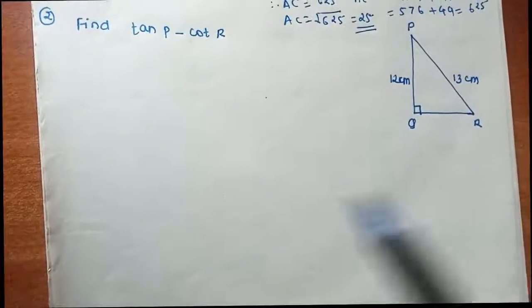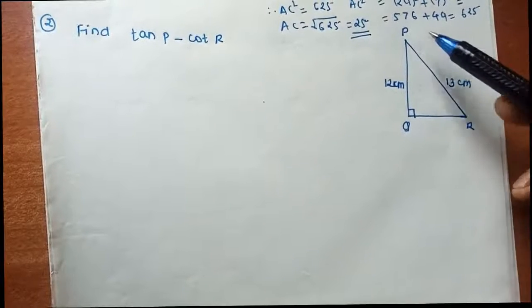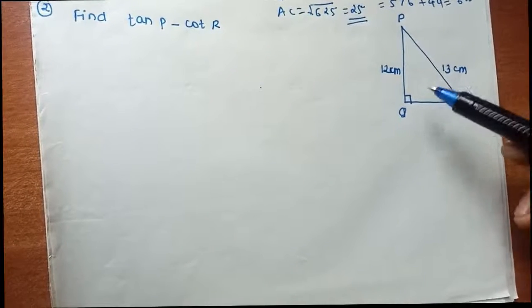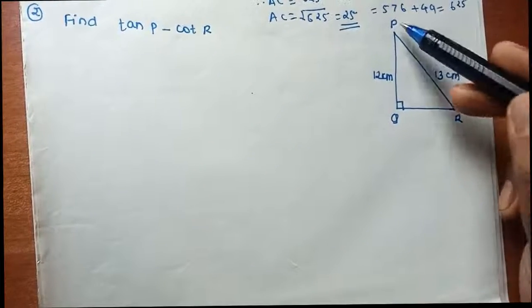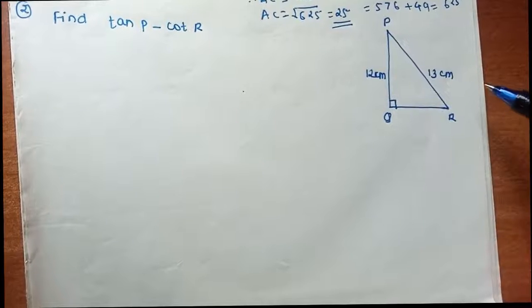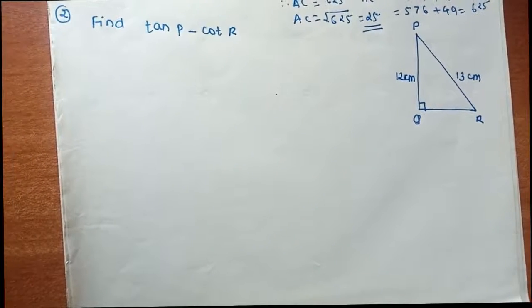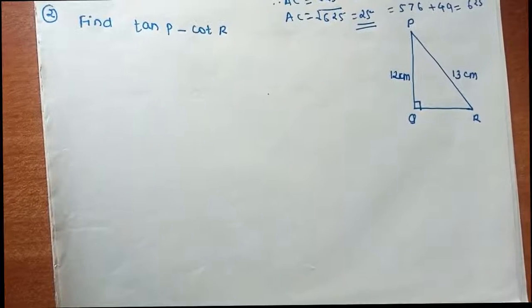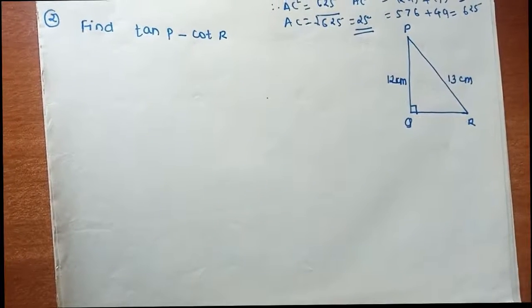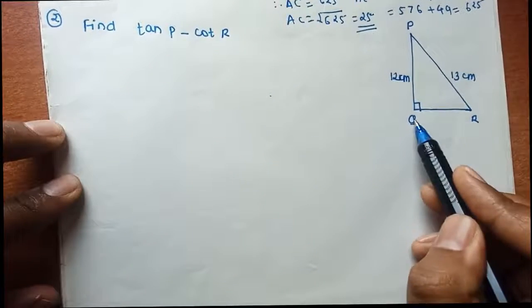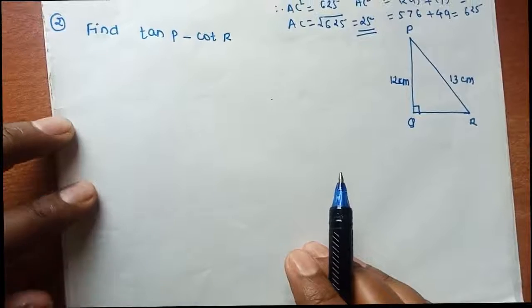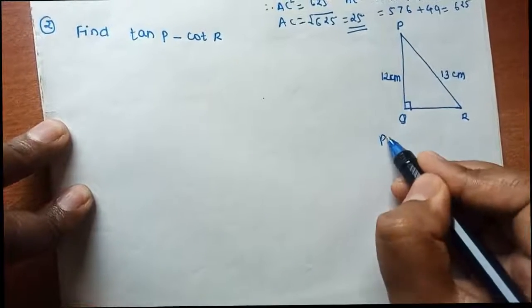So in the next sum, they are given the triangle PQR, which is right angled at Q. PQ they have given, that's 12 centimeter, and PR they have given, that's 13 centimeter. And just as we solved in the first one, we have to find QR first. So again by Pythagoras theorem we can write,